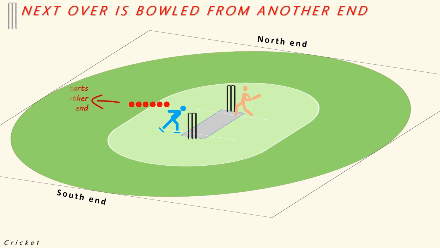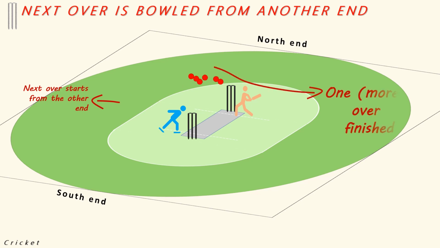When an over is finished, another player from the fielding side bowls the next over from the other end of the pitch. This is unlike baseball, where the same pitcher can keep pitching to the entire opposing team throughout the game from the same spot. In Test and first class cricket, there is no limit to the number of overs a bowler can bowl. However, in other formats, there is a limit to the maximum number of overs that a bowler can bowl. For example, in a one-day international match, a bowler can bowl a maximum of 10 overs.